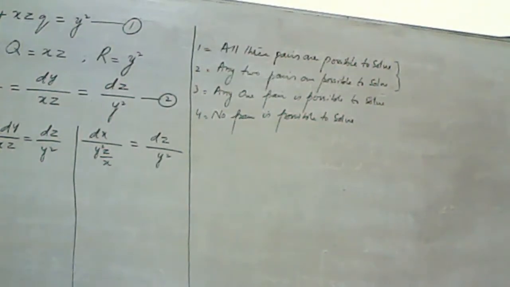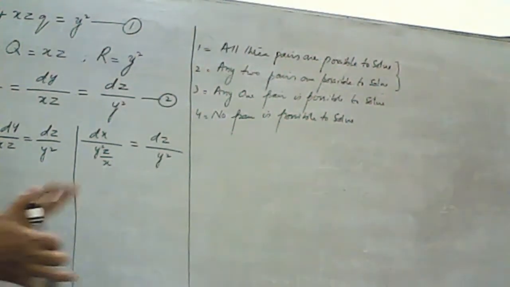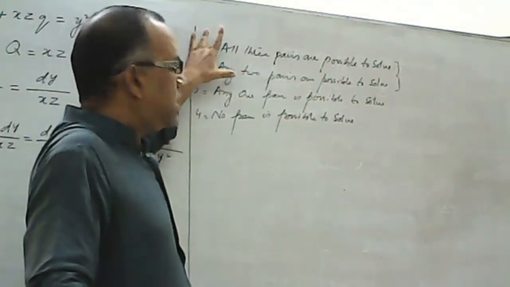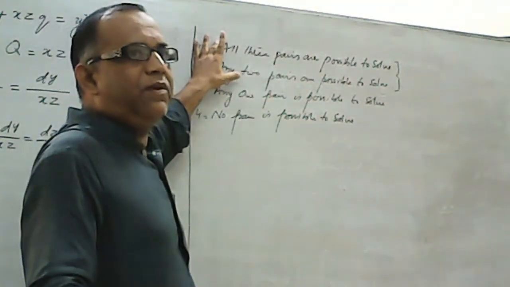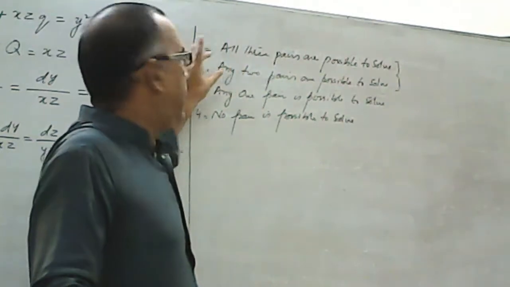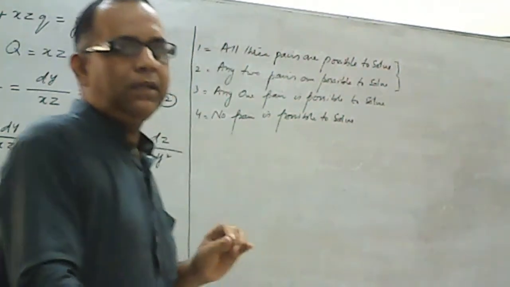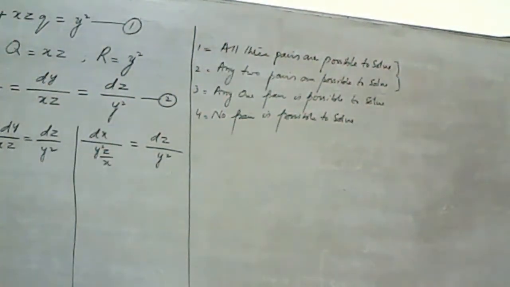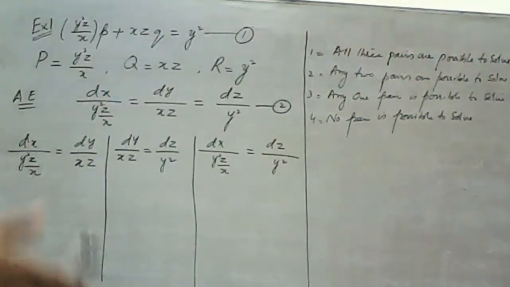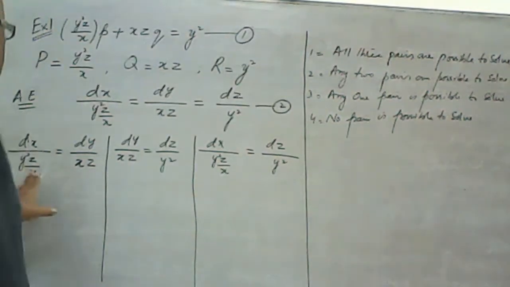So there is no need to prove the third pair as well. Remember, if all three possibilities are solvable, we will still only solve two possibilities. And if any two are possible, then we need to solve exactly two possibilities. So now the most important point: how can one analyze whether a possible pair is solvable or